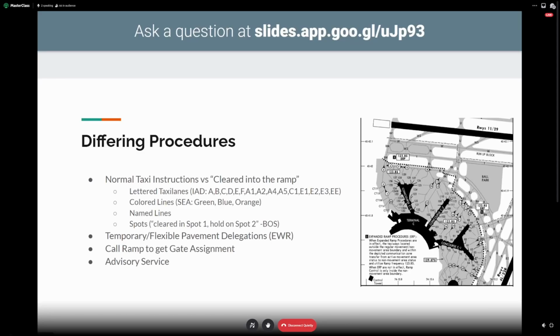As you can see, lots of different problems crop up when there's not a lot of consistency. The last bullet, advisory service: some ramps are mandatory, you have to participate, and others are more like, you give us a courtesy call that you're going to push, and then we can pass that information to other people, but there's not really a strict separation going on. We also had pilots who got a little confused about that, and then they would just start taxiing. It's like, whoa, what are you doing? So anyway,